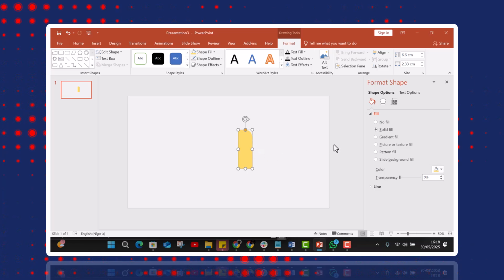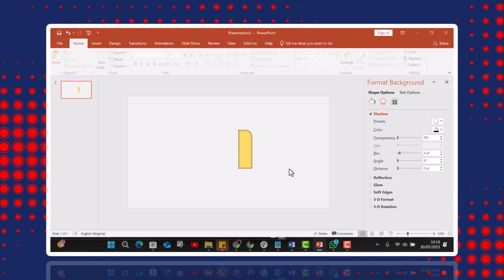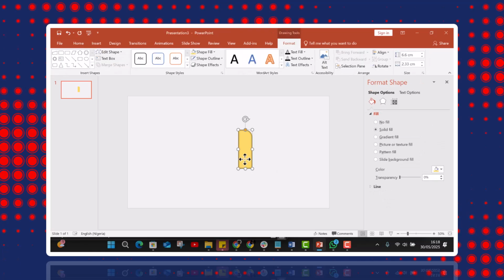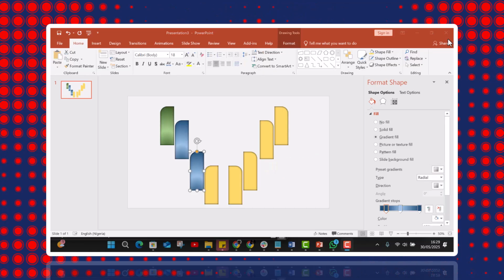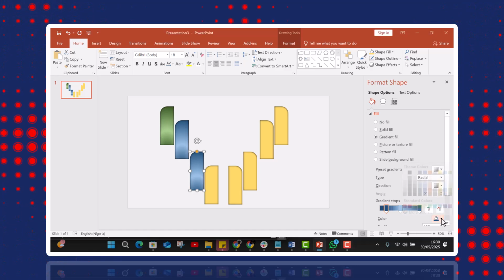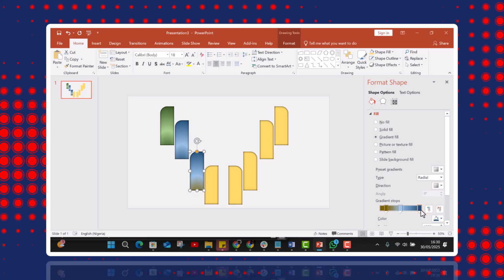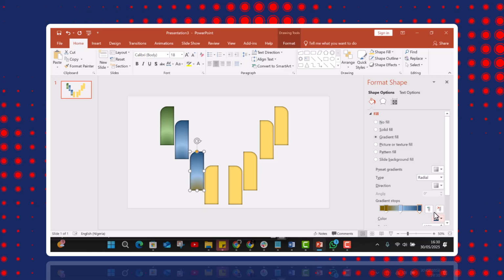I added an inner shadow into it from all angles. As you can see, I picked my shadow, and I picked the inner shadow for all angles. Then you might want to duplicate it and arrange it in your own way, but I choose to arrange it this way. And each of the shapes, I decided to change the color of each of the shapes, after which